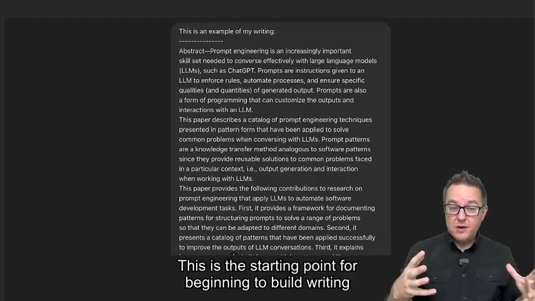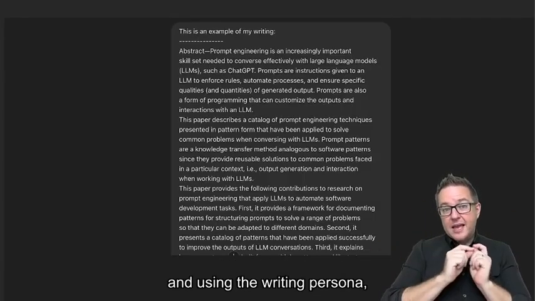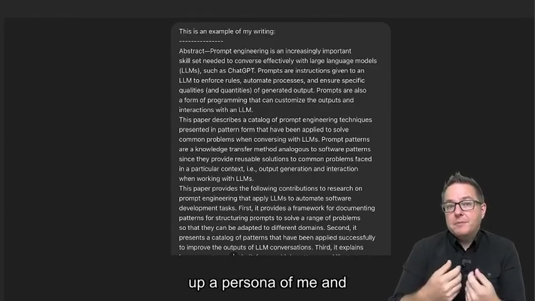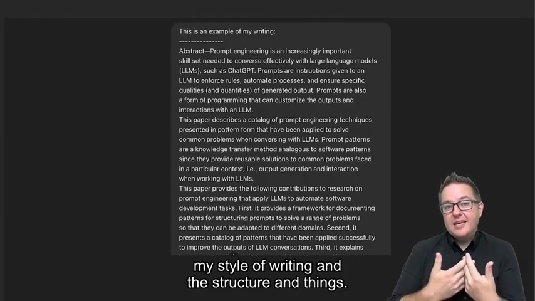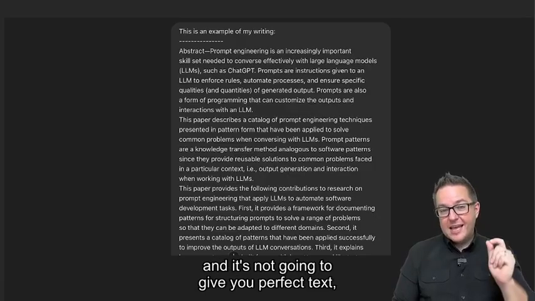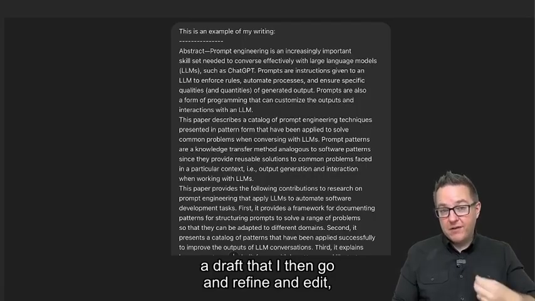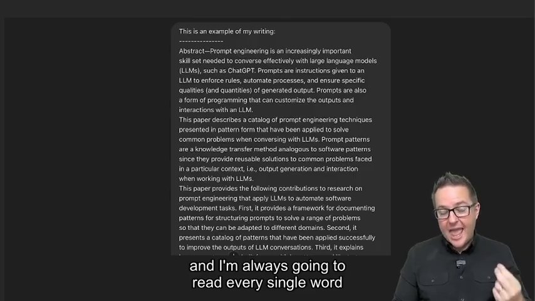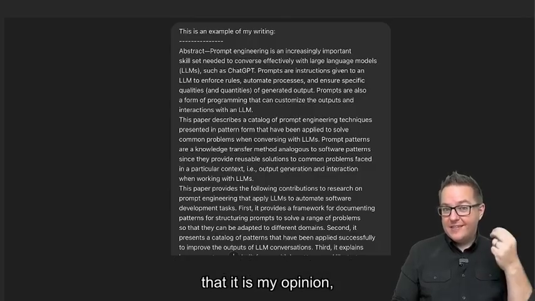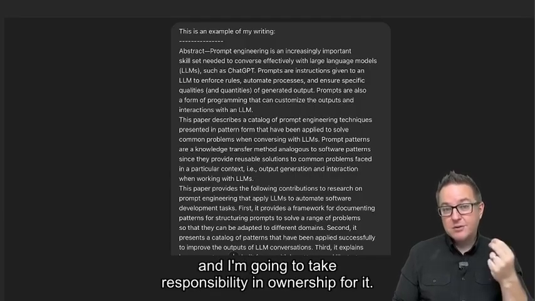So this is the starting point for beginning to build writing: we have to give it a lot of information on context and style, and using the writing persona helps us to do that because it's building up a persona of me and my style of writing and the structure and things. But it's not always going to work, and it's not going to give you perfect text. Most of the time I find I get a draft that I then refine and edit, and I'm always going to read every single word in that, and I'm going to make sure that I believe in it, that it is my opinion, that it accurately reflects my style,